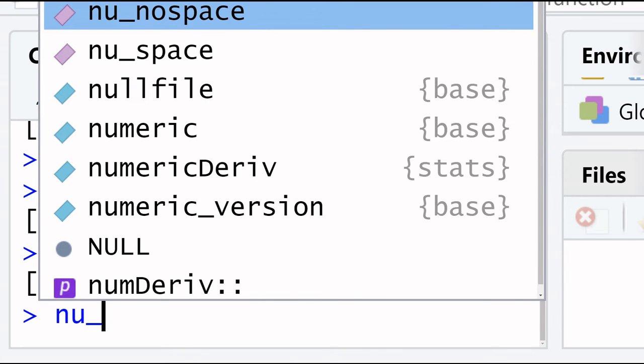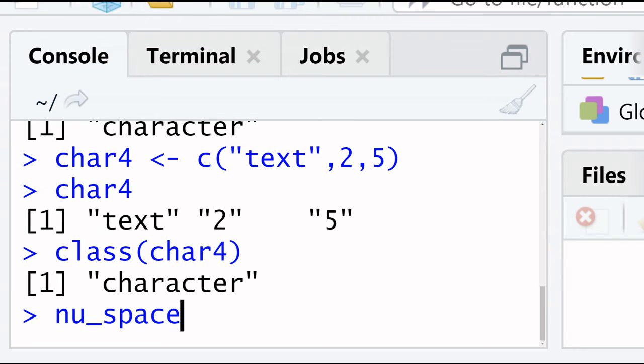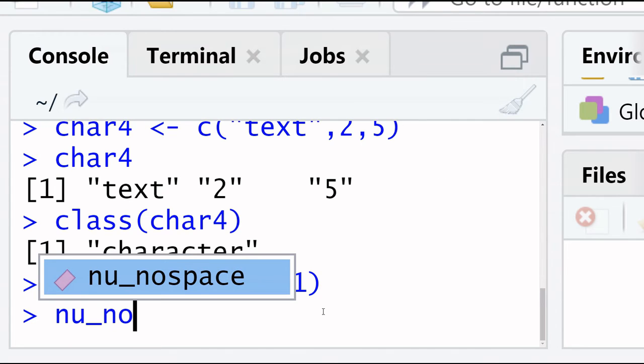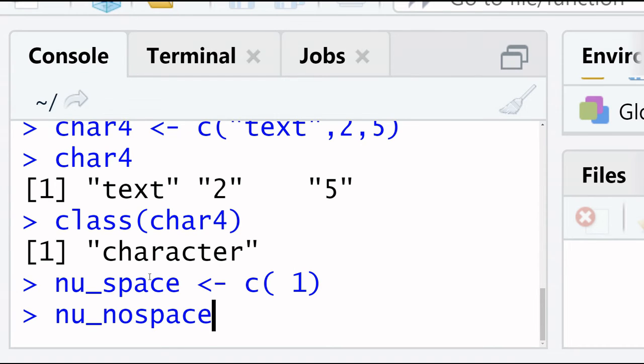Number underscore space. We assume a variable name, assignment sign. Here we introduce space in the vector. Then no space, assignment sign. We start the vector with no space.